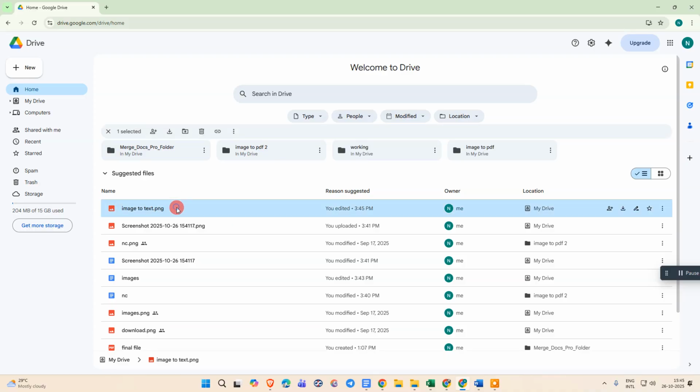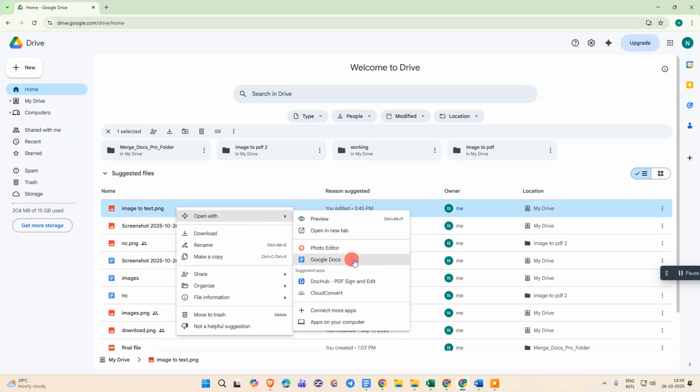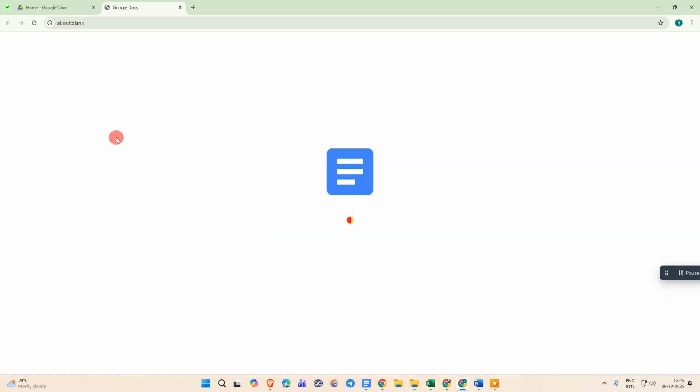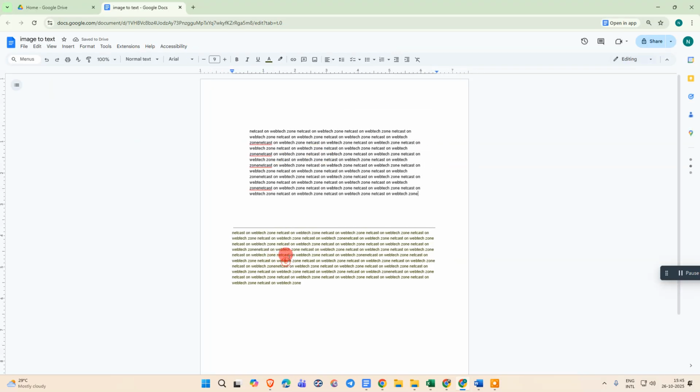Now just click on it, right click on it, go to the open with and go to the Google Docs. Then it will be open in the Google Docs. So you can see here that the image will be converted in text. The image is still there and it has extracted